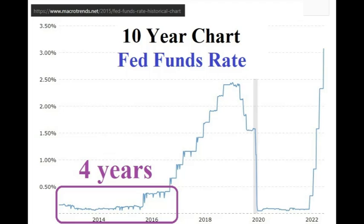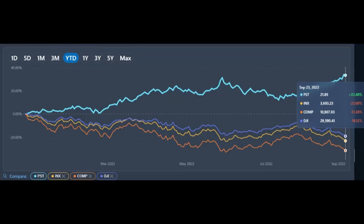And so some investors may rightly say that their money is better put to use in other assets such as stocks, which will probably be rising and paying dividends, meanwhile the PST stays close to doing nothing. This year, PST is up 33%. Meanwhile, the Nasdaq is down negative 30%, and the S&P 500 and Dow Jones have been hovering around bear market territory. But we would have had to have prepared for it when the rates were low and waited up to a year for the